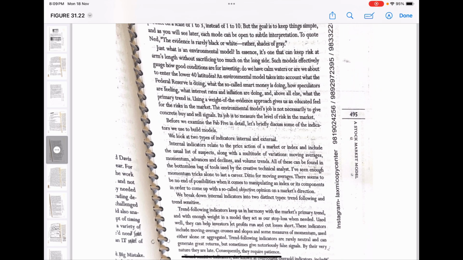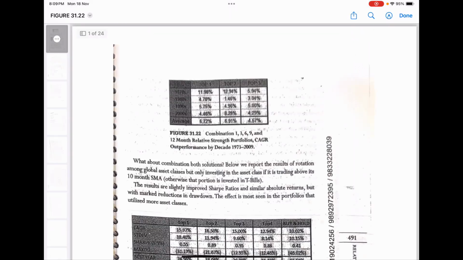Just what is an environmental model? In a sense, it's one that can risk at arm's length without sacrificing too much on the long side. Such models effectively gauge how good conditions are for investing. Do we have calm waters, or are we about to enter the lower 40 latitudes? An environmental model takes into account what the Federal Reserve is doing, what the so called smart money